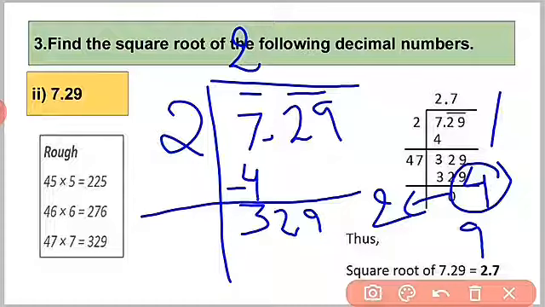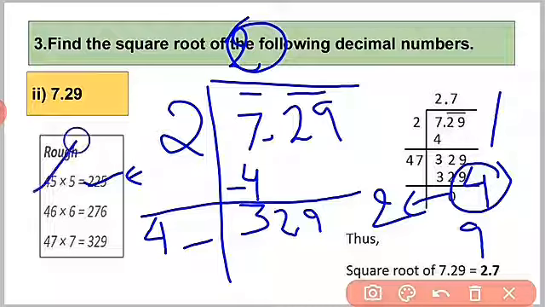The next step is to double the quotient and leave a space. So when we double the quotient, we get 4 and we will leave a blank. Now think of a number which is less than or equal to 329. We can do this by the trial and error method. First, choosing 45, that means we are choosing 5 in this blank space. Second, we are choosing 6, so we multiply 46 by 6 and we get 276, but it is still